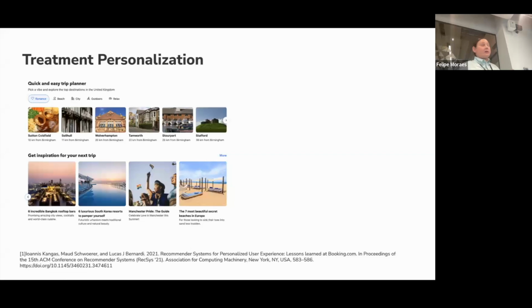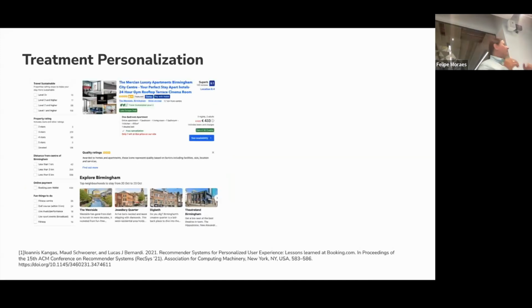Another example of treatment personalization is optimizing UI elements. It was also done by our colleagues at Booking, and they were working on optimizing three main categories. The first was a property type block. You mentioned that you were using Booking to find accommodation, so the property page has a set of different blocks that can be optimized. The landing page can be optimized, and also banners in the search results can be optimized. And there are a few different sets of banners.